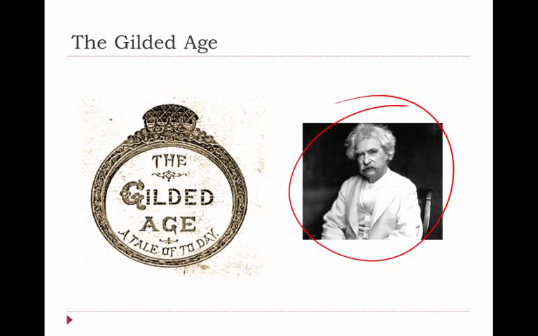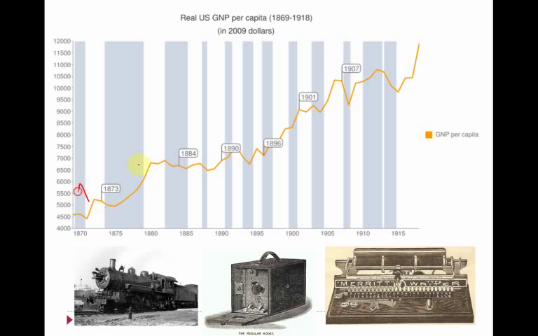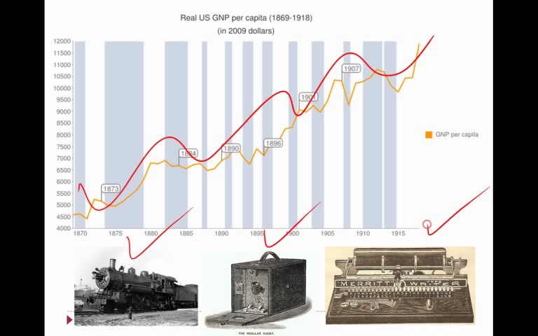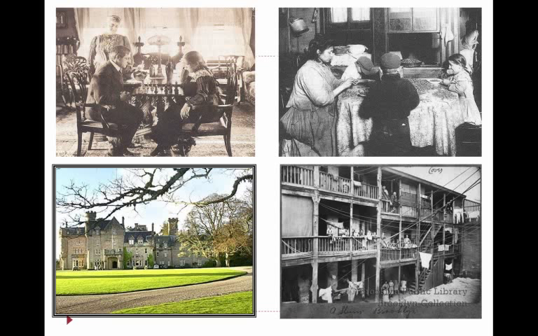It looks good. Economically, the numbers are great. But if you look at the core of America at this time, it's not really that great. I mean, the numbers were fantastic. What's happening to the U.S. economy? It's growing. You have new technologies like better railroads. You have new cameras and typewriters, both of which I'll bring in for you during this unit. But we're going to have these new inventions and things look amazing. The problem is,